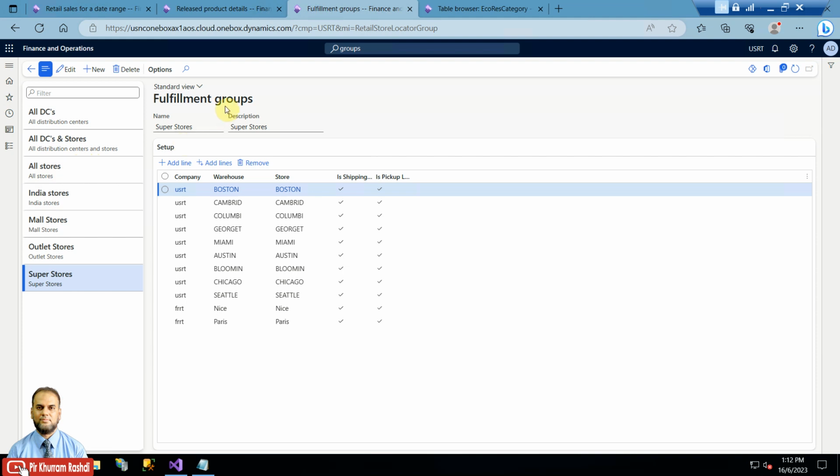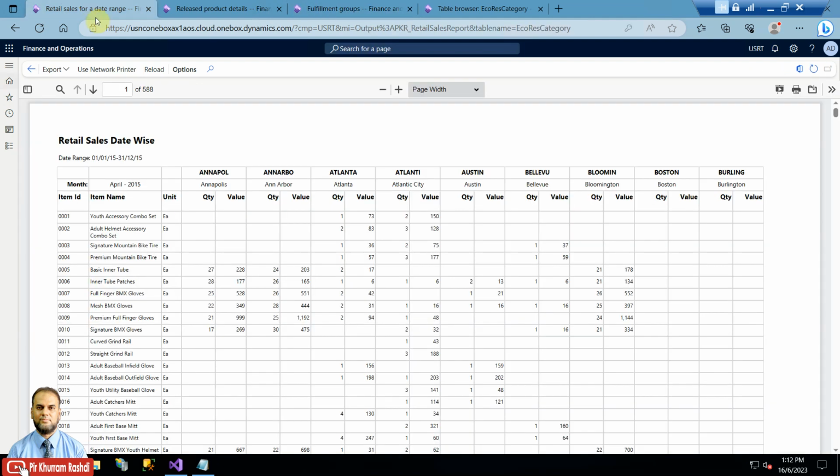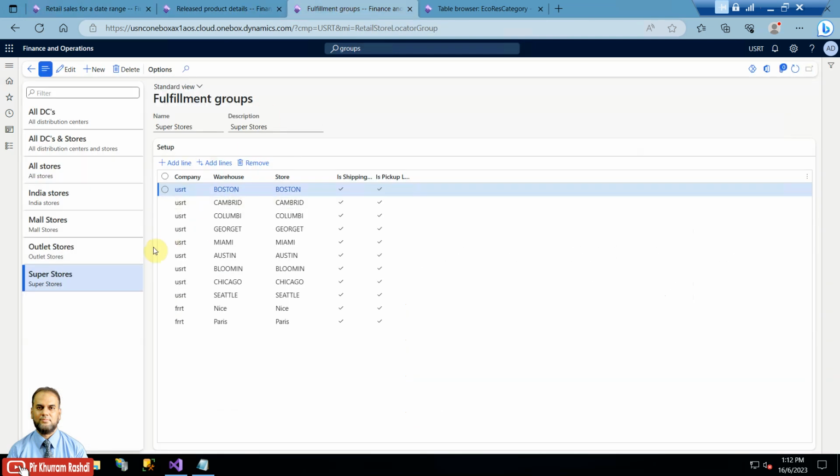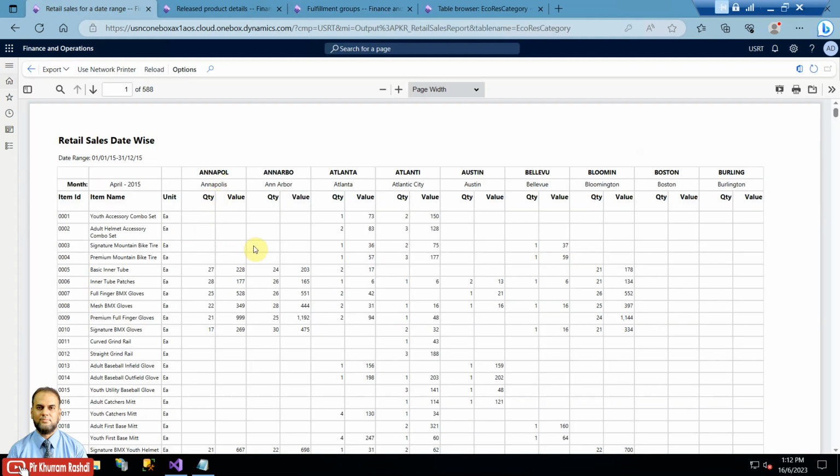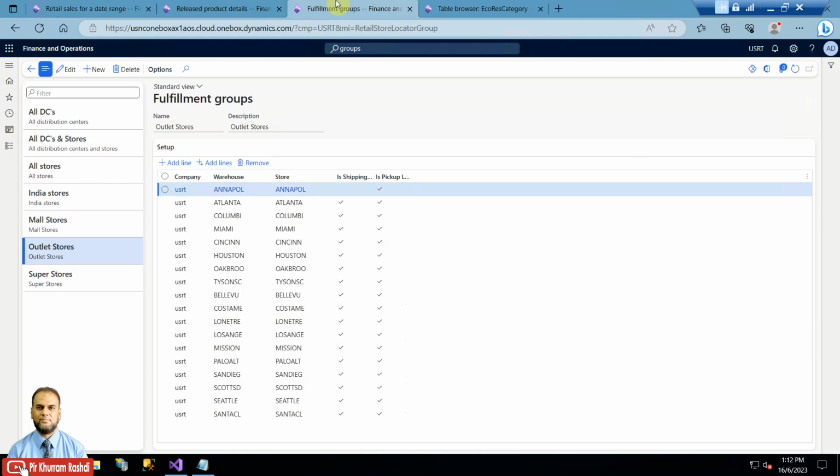Fulfillment grouping is just a grouping of the stores. So stores will belong to a certain fulfillment group. So this one also we need on the column side, instead of the stores we will have the fulfillment group. Okay, so for example, for specific outlet stores, how much is the sales quantity and value wise instead of the stores. So this is another design which we'll be trying to implement basically, and we will also implement and